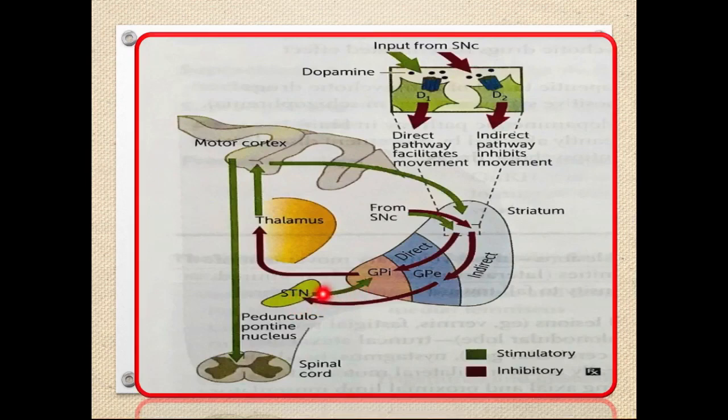That's why ultimately it will excite the globus pallidus internus. Okay, and this part is enhanced part of the connection between the substantia nigra pars compacta to the striatum, D1 and D2 receptor. Direct pathway facilitates or excites the movement, indirect pathway inhibit the movement, that we have covered. Okay,